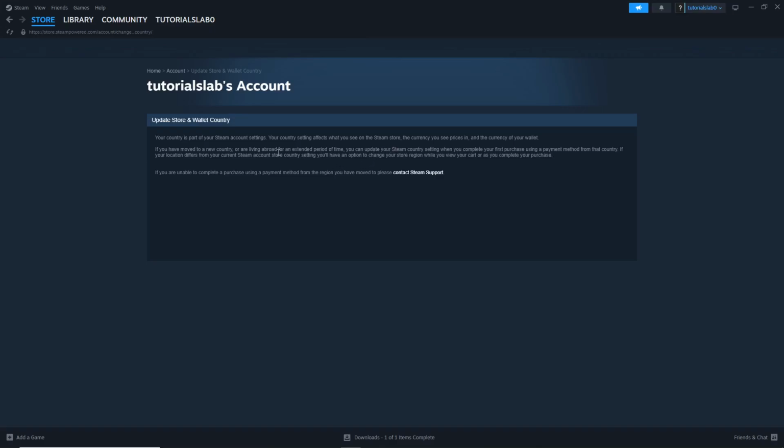Now, here's something crucial to understand. In order to enable this region change, you must first complete a purchase in your new location. Steam requires this verification step to prevent abuse of regional pricing differences. So before you can select your new country, you'll need to make at least one transaction using a payment method from that region. This could be buying a game, adding funds to your wallet, or purchasing any content from the